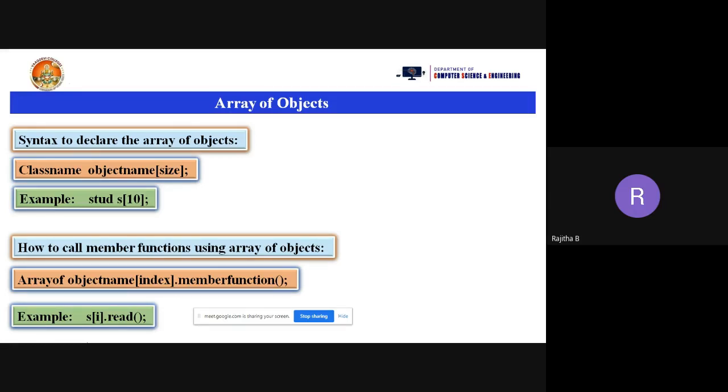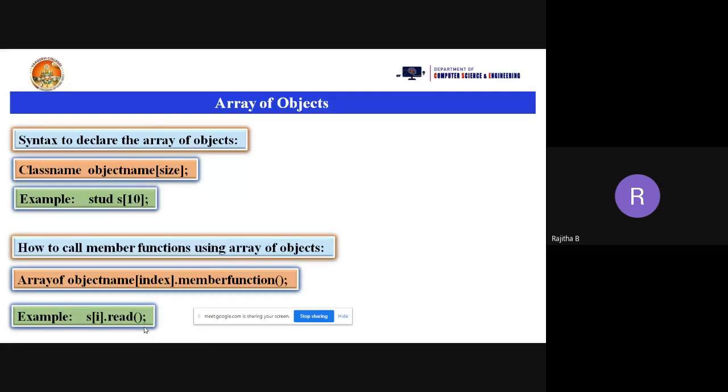So how to call a member function if you are using an array of objects? S of i, object name, index position, and dot, we have to call the member function. Now we'll see the programming part: how to create the array of objects and how to call the member function using an array of objects.